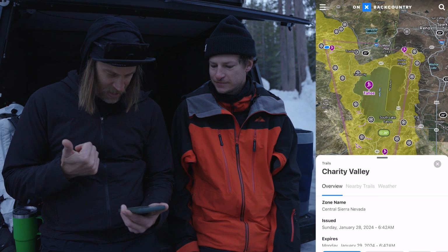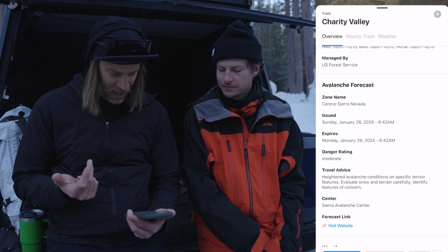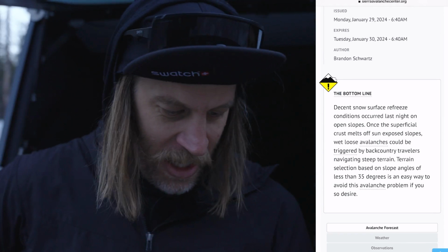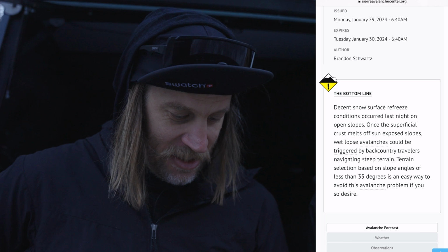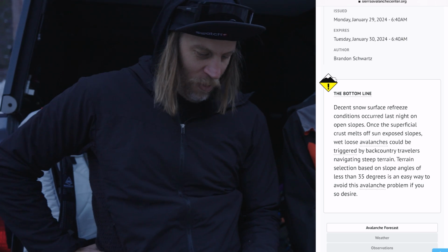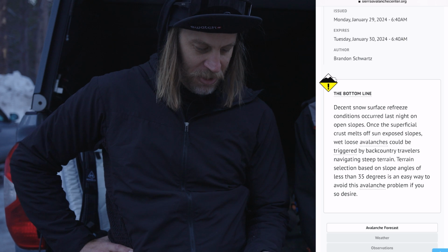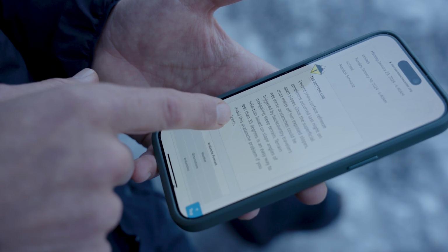All right, we got moderate, heightened avalanche conditions on specific terrain features. Evaluate snow and terrain carefully. Identify features of concern. I'm going to hit the link, go in to read a little bit more about it. Bottom line, we got a lot of warmth right now, and this is reflecting it as such. Decent snow surface refreeze conditions occurred last night on open slopes. Once the superficial crust melts off sun-exposed slopes, wet, loose avalanches could be triggered by backcountry travelers navigating steep terrain. Terrain selection based on slope angles of less than 35 degrees is an easy way to avoid this avalanche problem